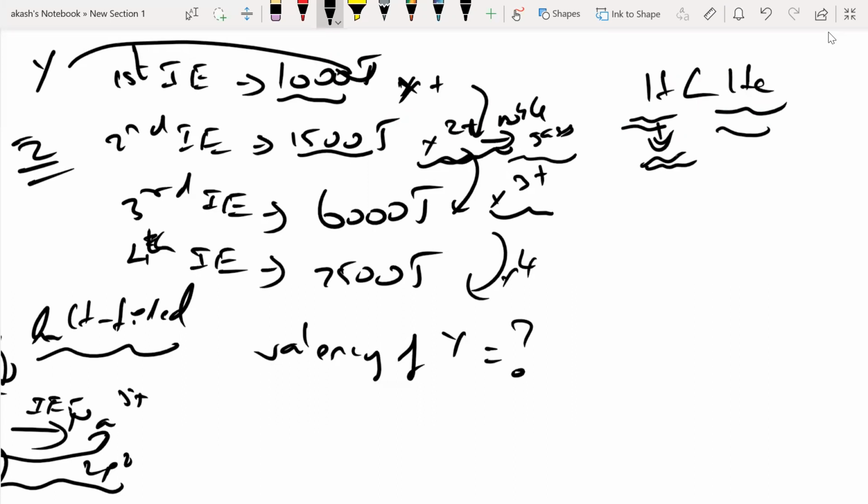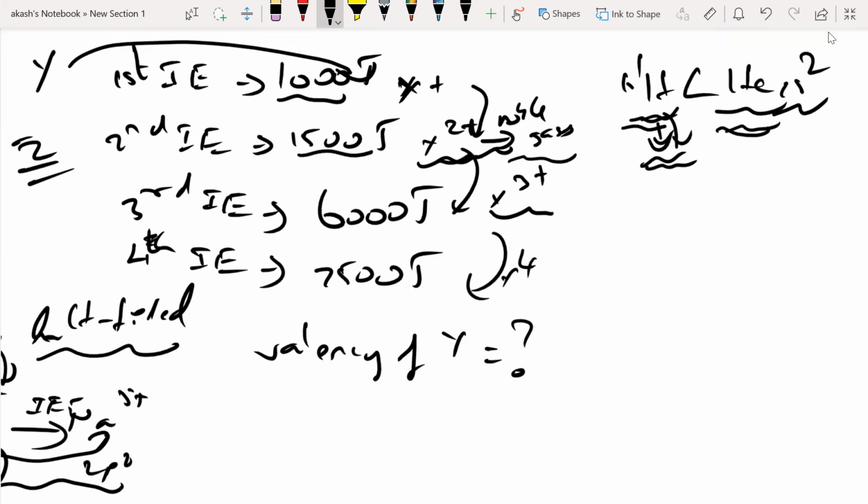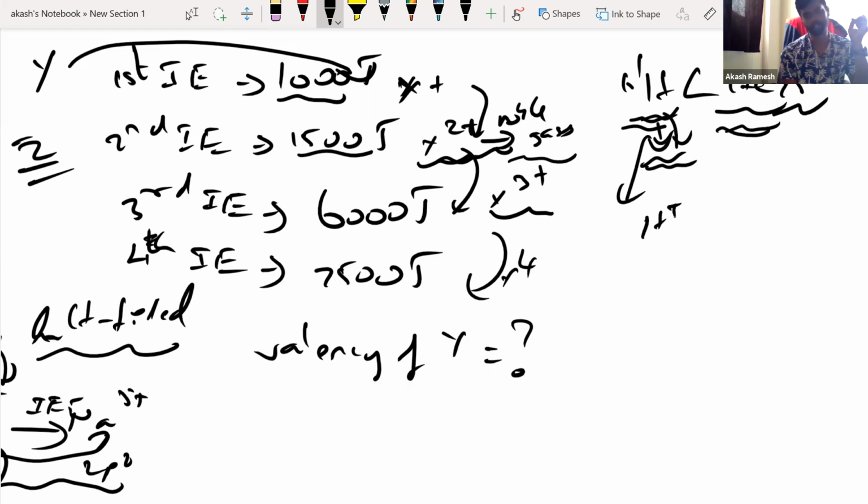Yes, sir. Compared to helium, removing an electron from hydrogen is easy because helium is 1s2, a fully filled configuration, while hydrogen is only 1s1. It has only one electron, and it can easily lose this electron to form H plus. But forming He plus is absolutely not easy. It's not possible without a very huge amount of energy being spent.